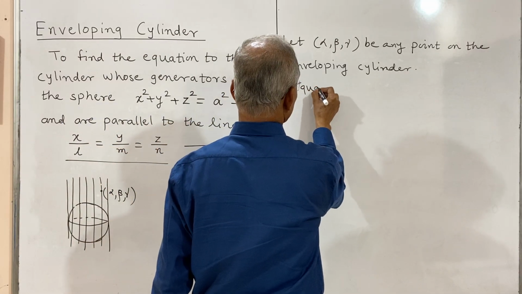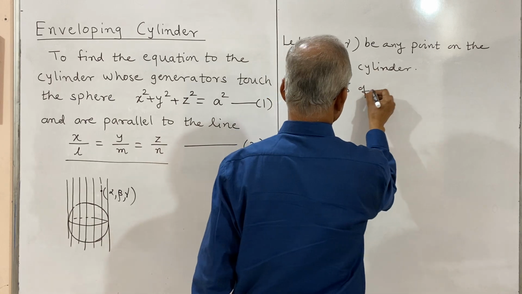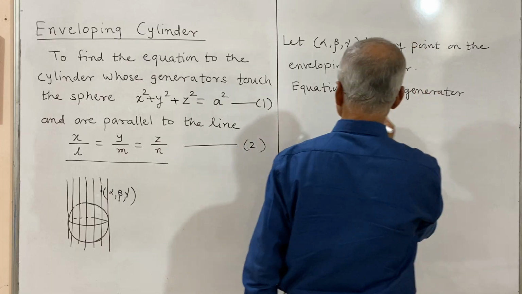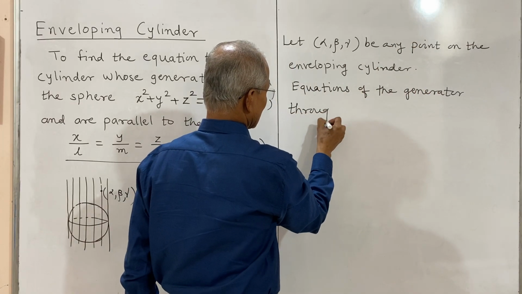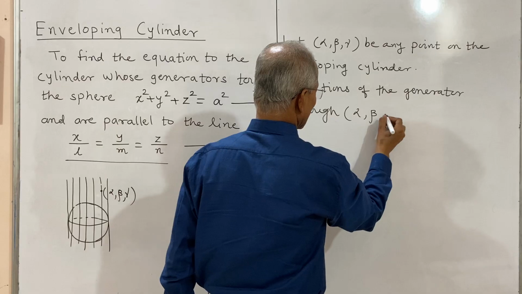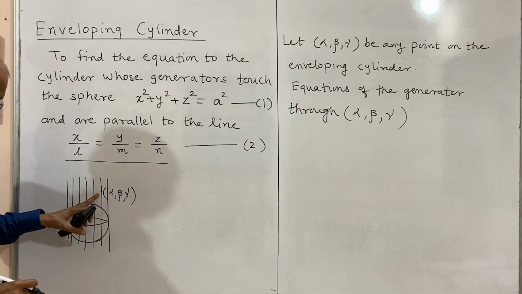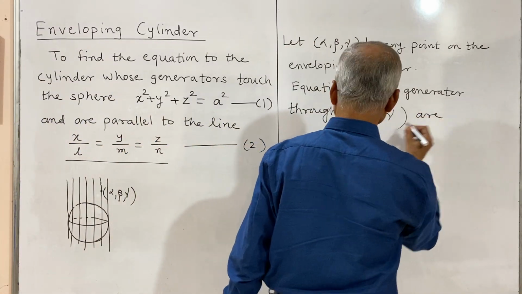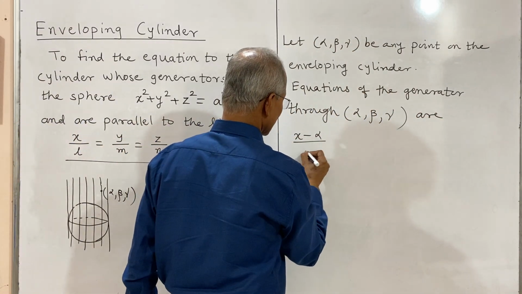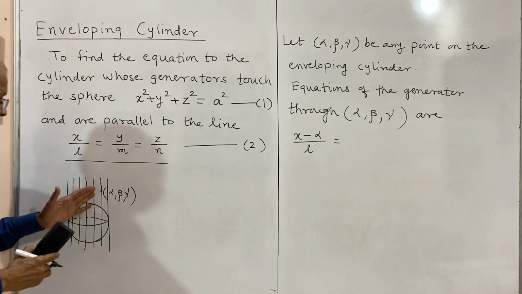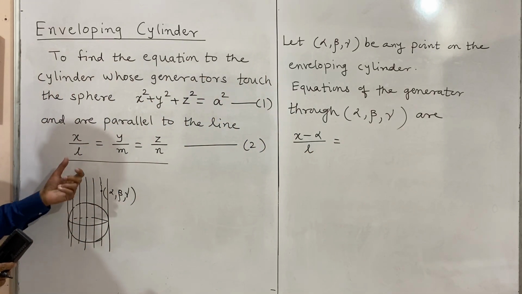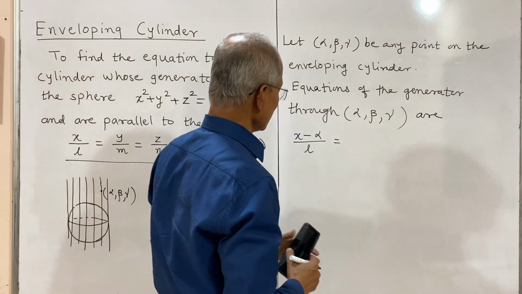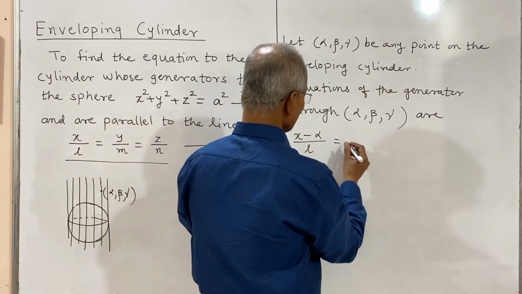The equations of the generator through this point alpha, beta, gamma, which is on the cylinder that we have considered, will be in symmetric form, say, x minus alpha divided by L. These generators are parallel to this line, so every generator will have direction ratios L, M, N, and it passes through this point, and therefore its equations are